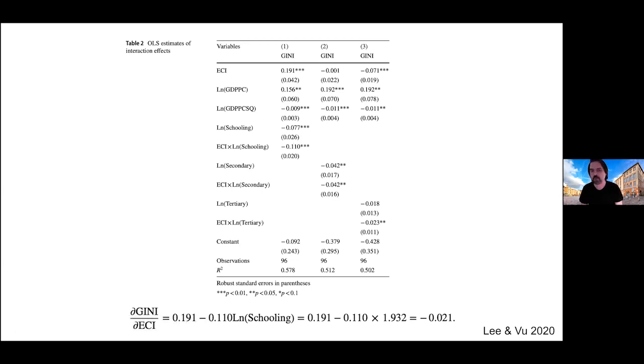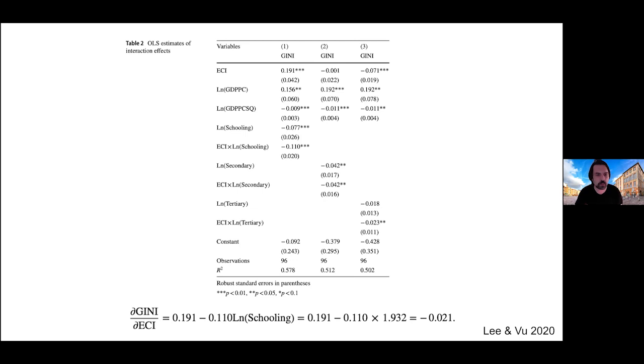Okay, so the effect is negative because economic complexity is able to reduce inequality when the stock of high-skilled people is high. Otherwise, it would not contribute to the reduction of inequality. Otherwise, you might see inequality actually increase with economic complexity. And that's interesting because basically it tells us it's not just the productive structure by itself, but it has to be coupled with a high level of schooling.